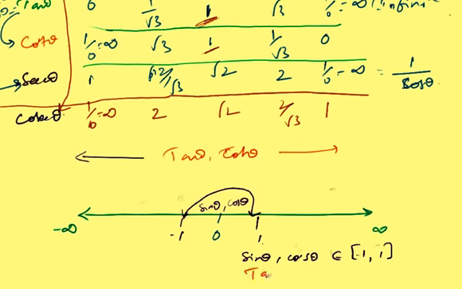So tan theta and cot theta range will be any number. So tan theta can be equal to minus 1 lakh, plus 1 lakh. That's how you'll be getting. So then what about cot theta and secant theta? You clearly observe in secant theta and cosecant theta, in this line, you never get 0. You never get 0 in secant theta and cosecant theta.